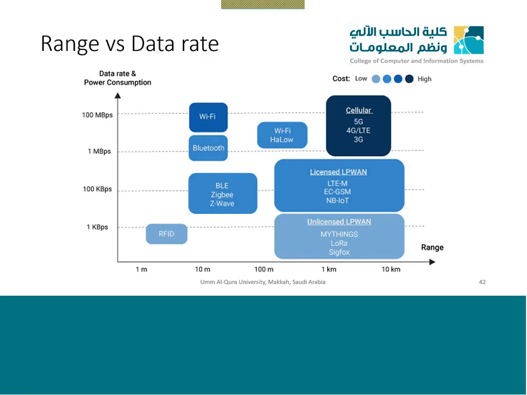Like if you have a smartwatch and you put a 4G SIM in it, maybe it will have a very high data rate, but the battery is very small in a smartwatch, so it will drain very fast. So why do we need a high data rate system for a watch which is just detecting my heartbeat and my basic vitals? I'm not watching high definition stuff on that. In that case, we will use either Bluetooth or Wi-Fi instead. So again, it depends on your requirements.